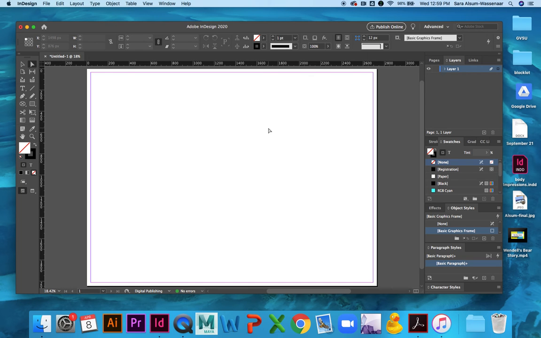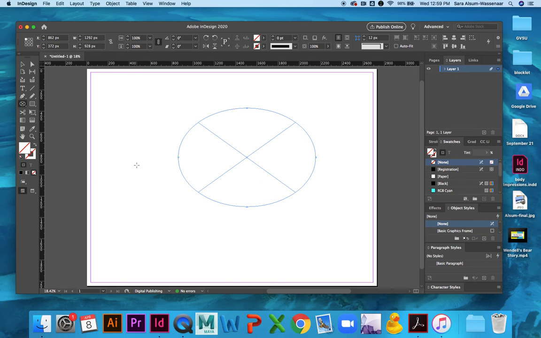So this is how you're going to create a text box that the text wraps around. First of all, you're going to go to the frame tool, click on that and drag out an ellipse. And then you're going to go to the type tool and you're going to click and hold to get